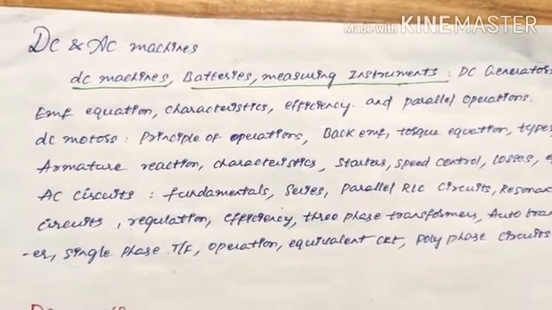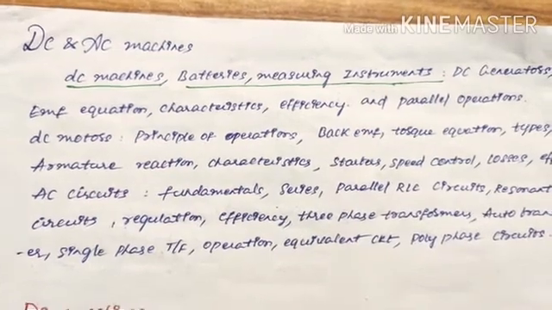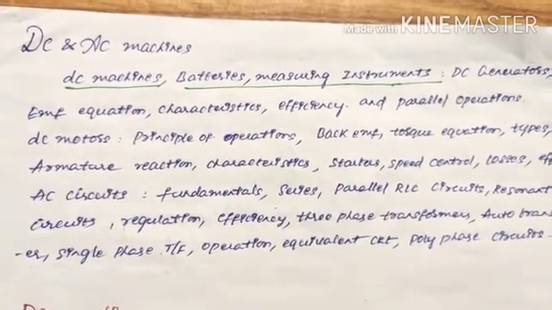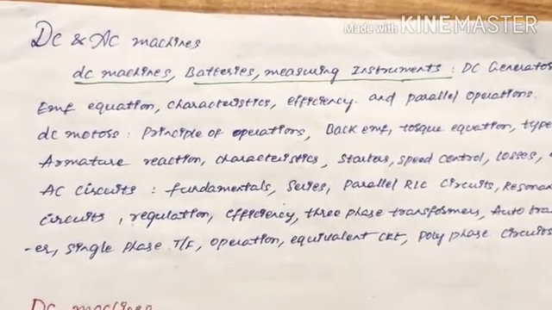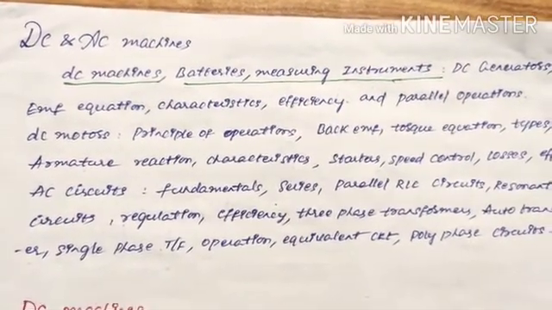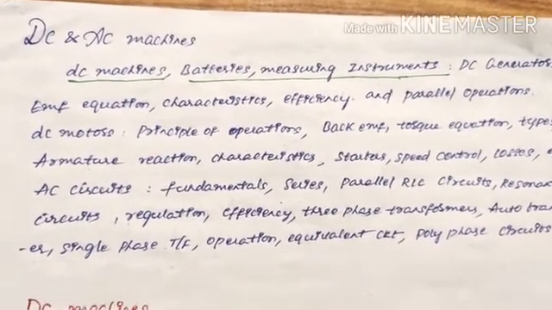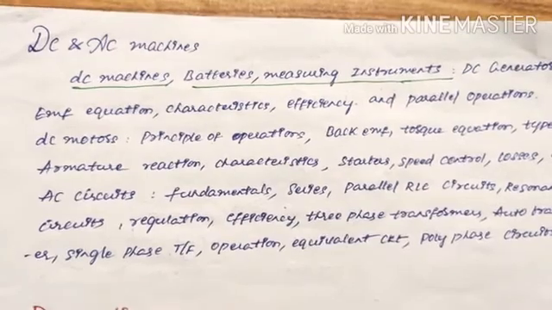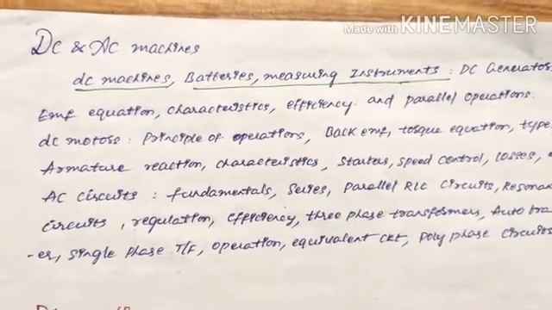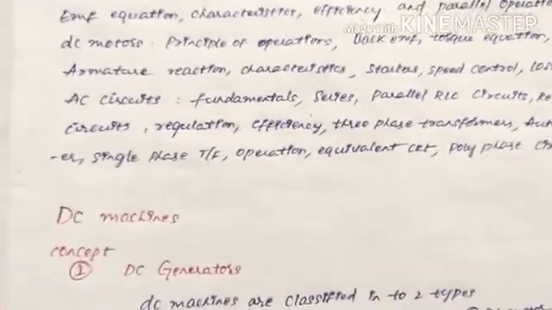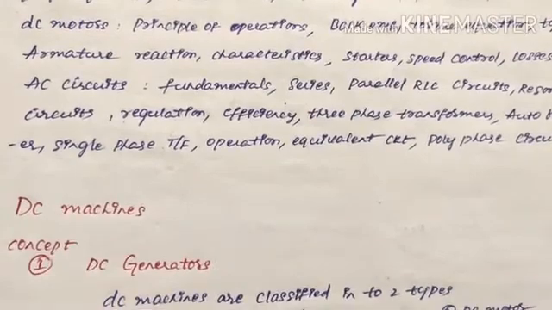What is DC? DC is direct current, whereas AC stands for alternating current. For DC current, at any instant, the current will not become zero, whereas for alternating current, at some instant it will become zero. That's why we call it AC. Sinusoidal representation is accurate for AC representation. Coming to DC machines, they are of two types, which I explained: DC generator and DC motor.